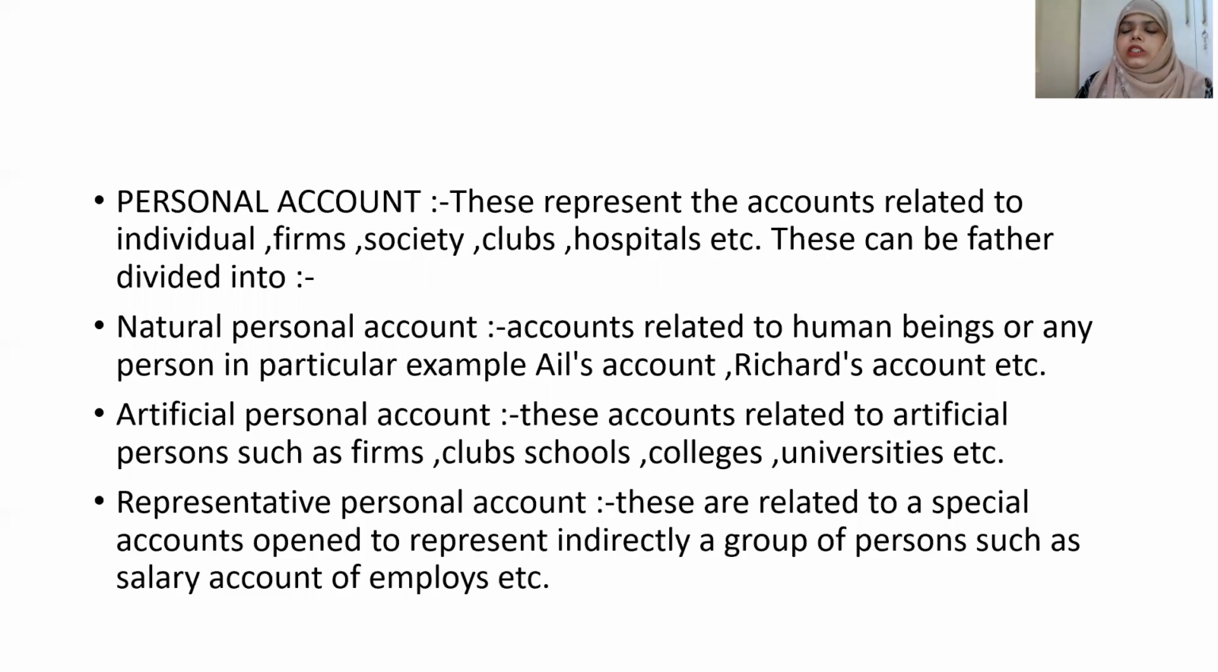Firms. Firms means Tata Limited. We can say XYZ Limited. We can say Reliance Digital. We can say Reliance Group of companies. And society. Society means there are different societies also belonging in our environment. An example of society is a charitable trust,